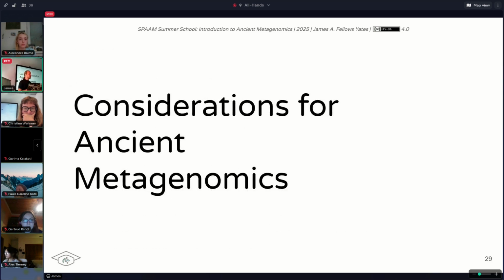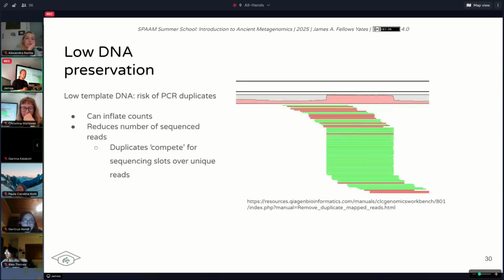Right, now we're getting into the more nitty-gritty, more complicated things that make ancient DNA a bit more special. So the next things, particularly if you work on ancient microbes or ancient metagenomics, but also if you work on ancient popgen, you probably want to take into consideration. So the first thing is that